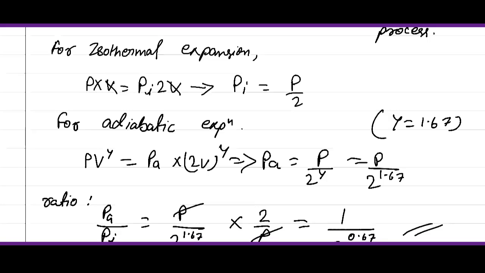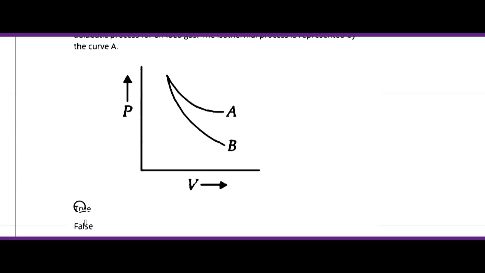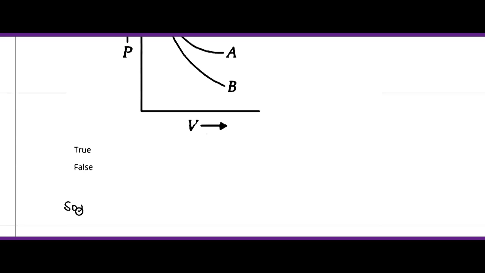Thank you. Hello students, today our question is: curves A and B in the figure shown are the PV, pressure-volume graph for the isothermal and the adiabatic process for an ideal gas. Here the isothermal process is represented by curve A. We have to find whether this statement is true or false. So the solution of this question is,